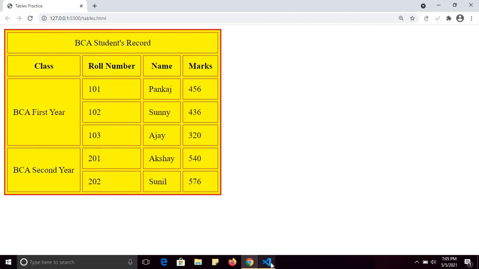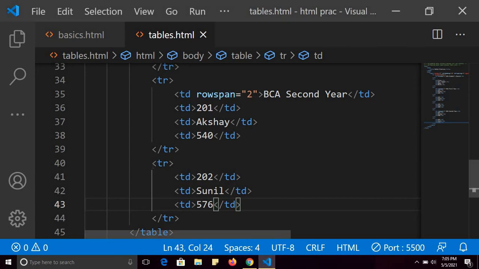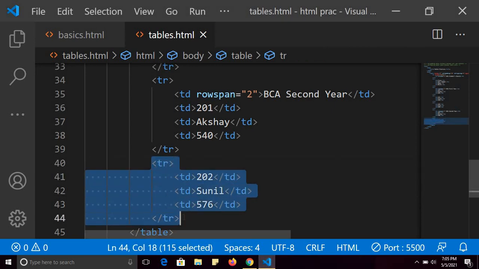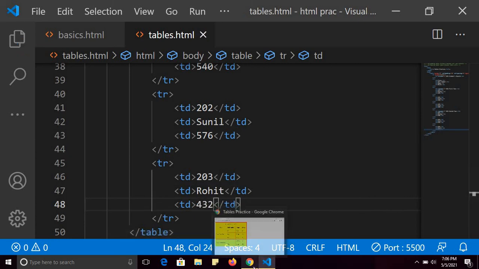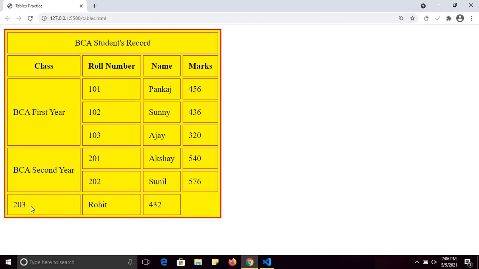Now suppose I want to create another row, I want to store another data, and it is 203, Rohit, 432, and see the result here. Output is not in proper order. Why?